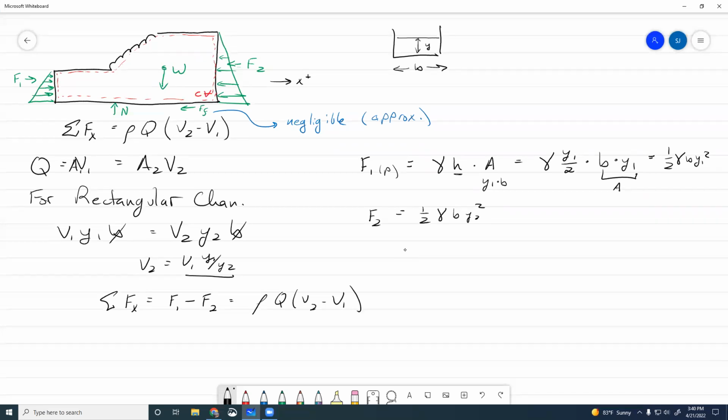We can plug everything in there, and then we'll jump to the end. So if we put in our forces, we get 1/2 gamma B y1 squared minus 1/2 gamma B y2 squared is equal to